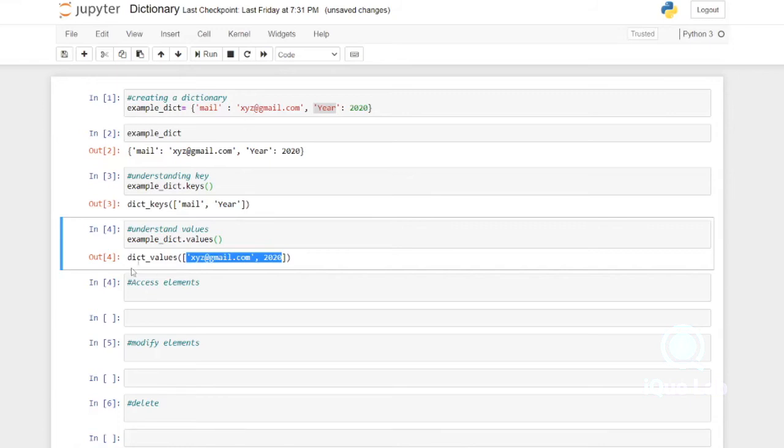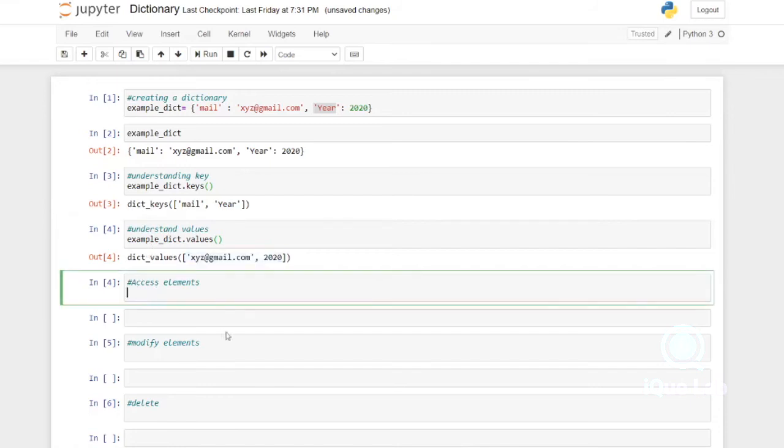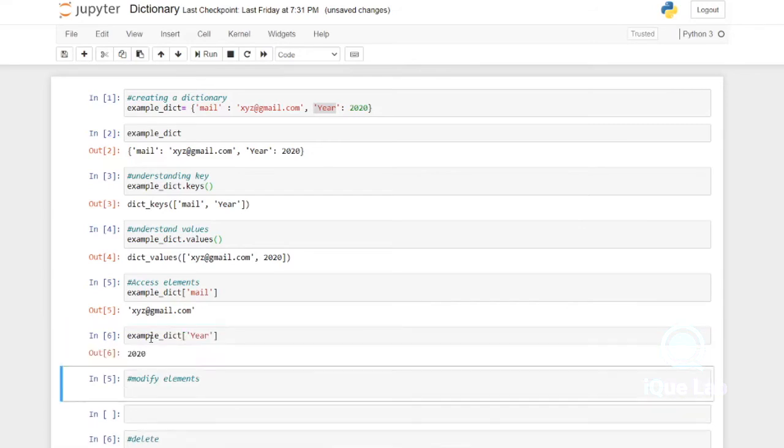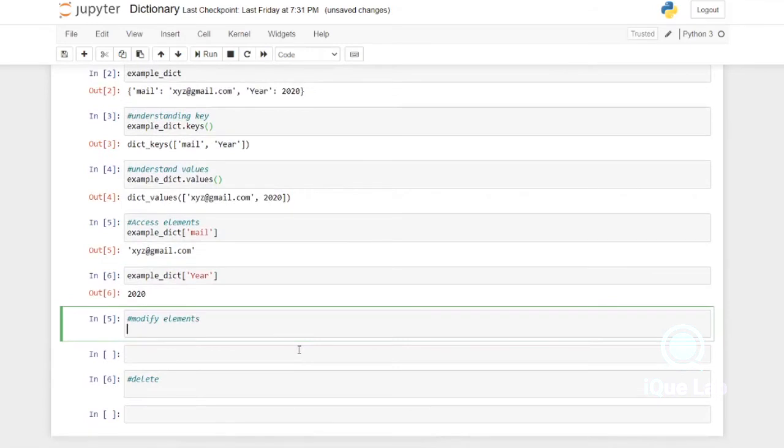In many cases, modifying the dictionary is important. The values may change from time to time, or the data should be changed or modified. So in order to modify the values we use the update function.